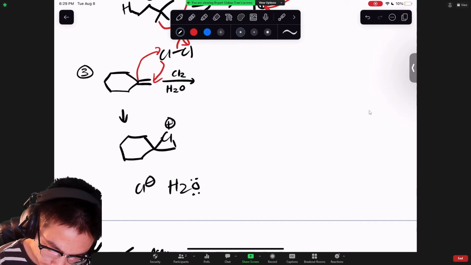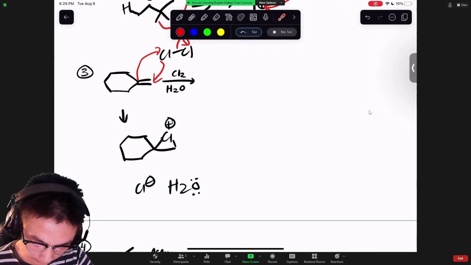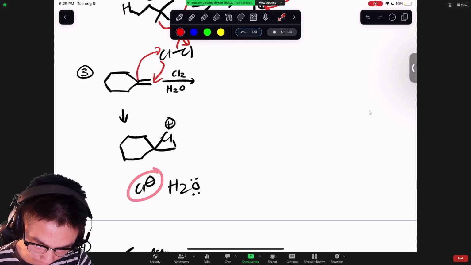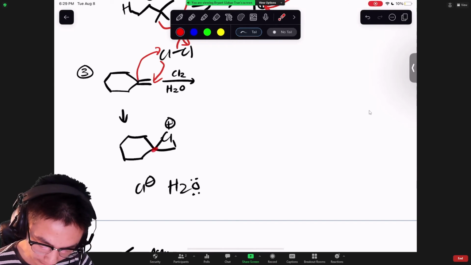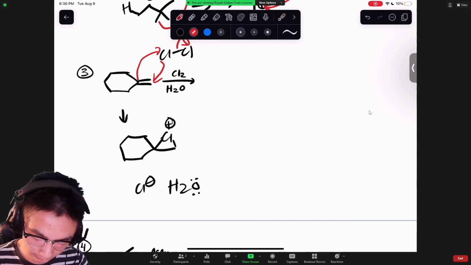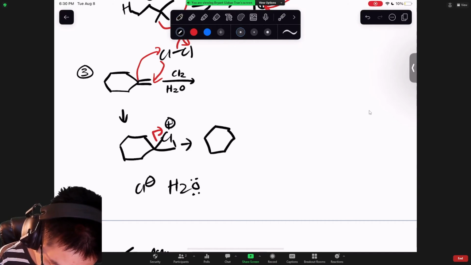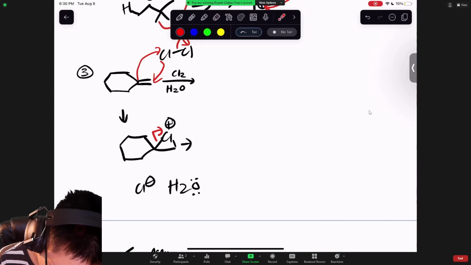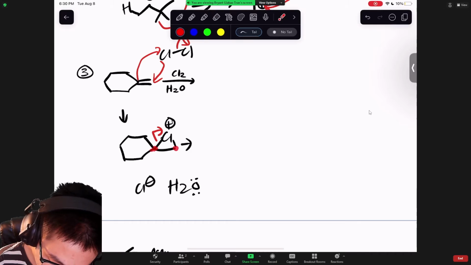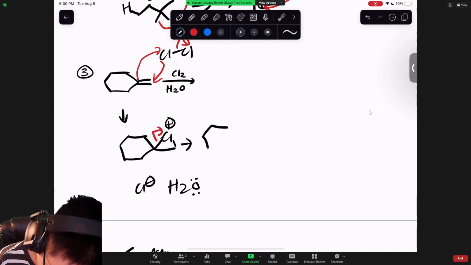And now we have our Cl minus ion and our water solvent. Like we said earlier, this water solvent is going to overpower the Cl minus ion nucleophile because there is excess solvent compared to the chlorine ion. So then we're going to attack either this carbon or this carbon. So how do we tell which carbon we are going to attack? We are going to attack the one that is going to give us the most stable carbocation intermediate. So what we could do is make that a good leaving group on that side, because we see that this carbon here is going to form a tertiary carbocation, whereas this side here is going to form a primary carbocation. We see that we want a tertiary carbocation instead of a primary carbocation, so that's why we kick the chlorine on the other side right there, making this intermediate